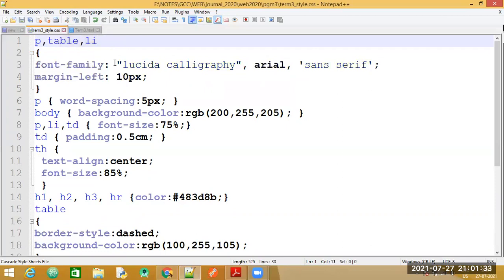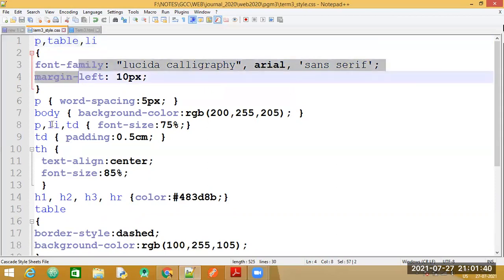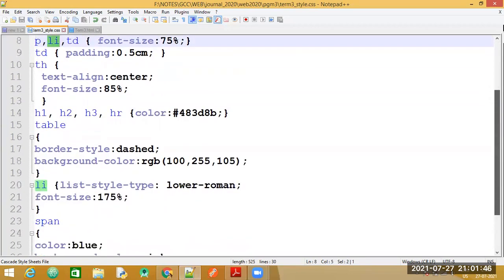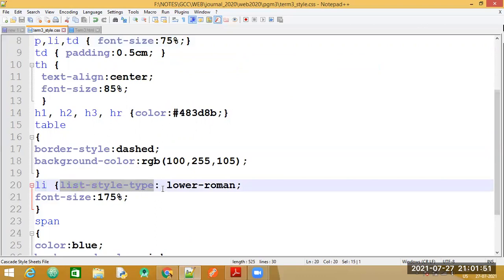One extra comma here. Then for the li tag, as I was saying, for the li, the font family and margin are there. Also here we can find the font size. Another property that we have applied for li is the list style type, which is specified as lower Roman. As you have seen, we could specify this even in HTML. We can also specify the style type in HTML, or you can specify it in CSS.